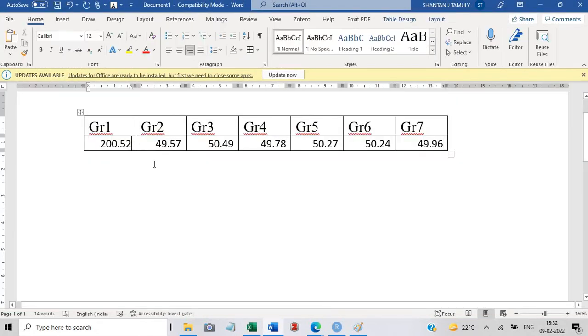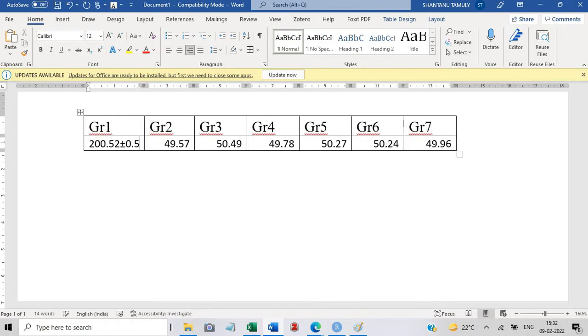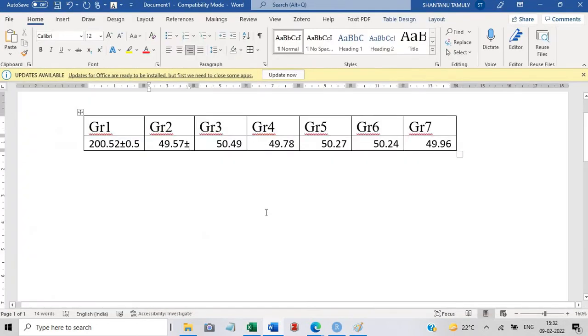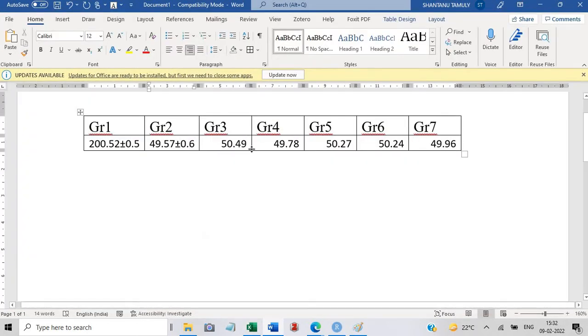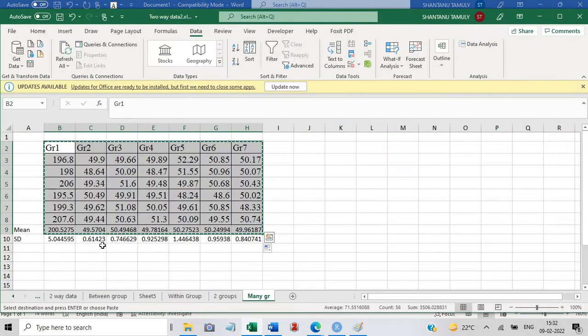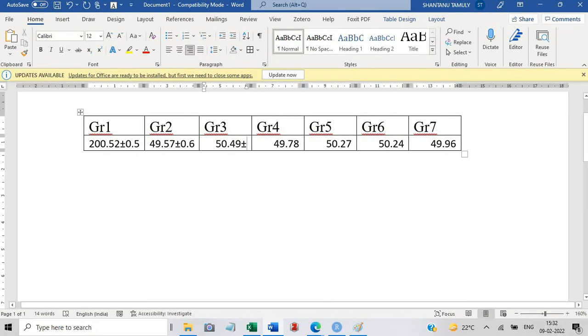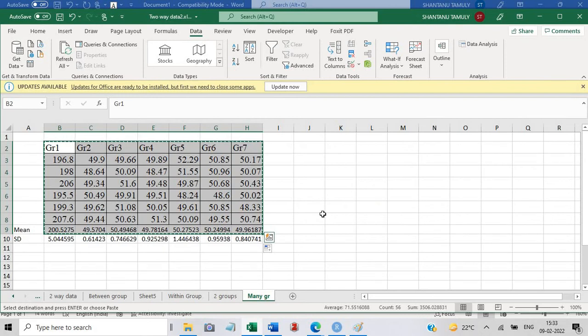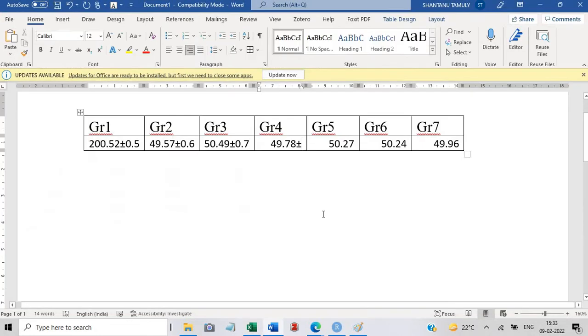So likewise, what you will do is say the first group 1 is 5 plus minus 0.5. Then group 2, plus minus 0.6. This one, plus minus 0.7. This one, plus minus 0.9.